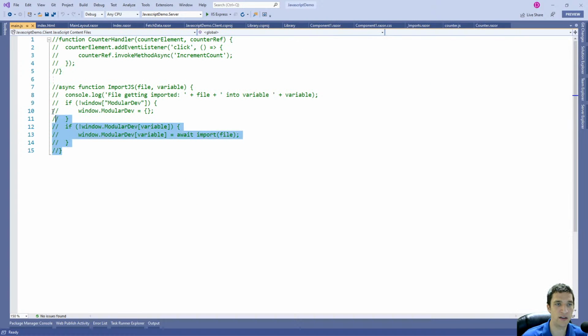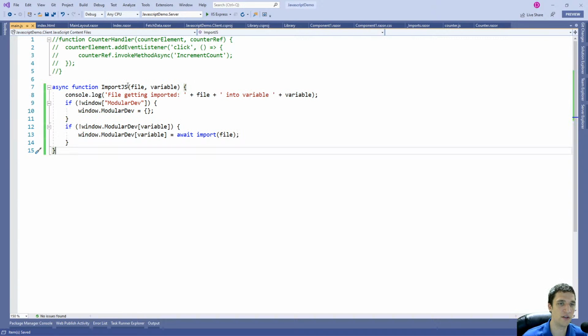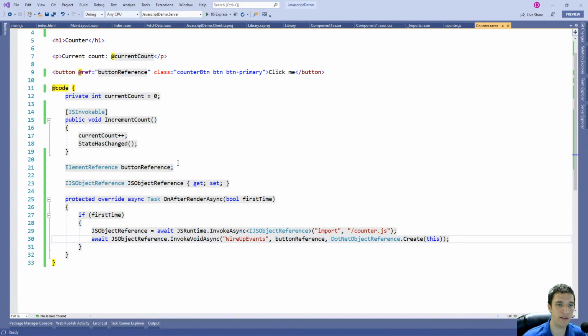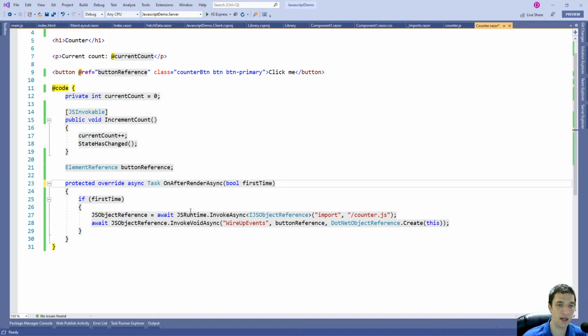and I created this function called import.js, and I'll go over it right here. So this function is going to get imported right when you load the JavaScript file. And basically what it does is it sets up variables in the window to put modules into. So if I go back in here, and go back to my counter component, instead of having this JavaScript object reference everywhere, we could delete this, and